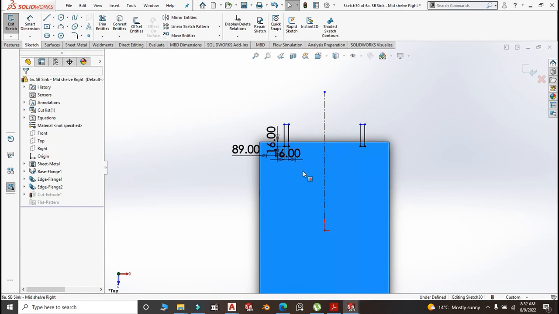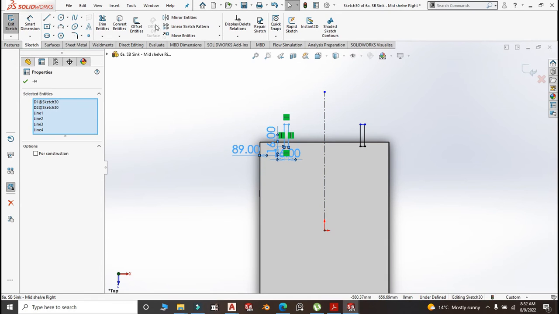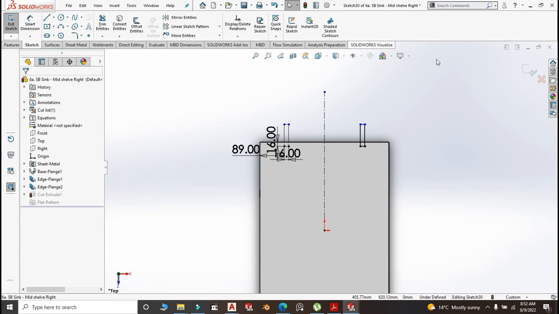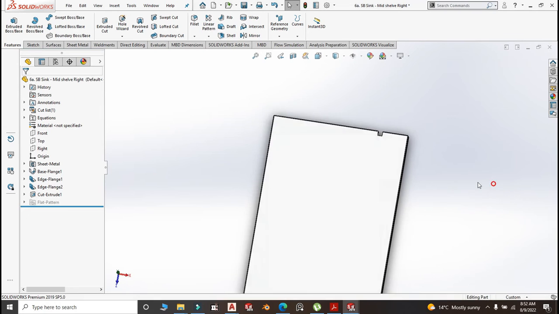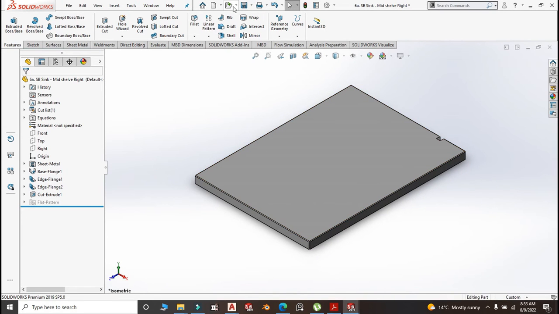Right click, select all these and make this construction. Right, exit the sketch. You want the notch to be on the other side, right? That's good. So now you can go back to your assembly